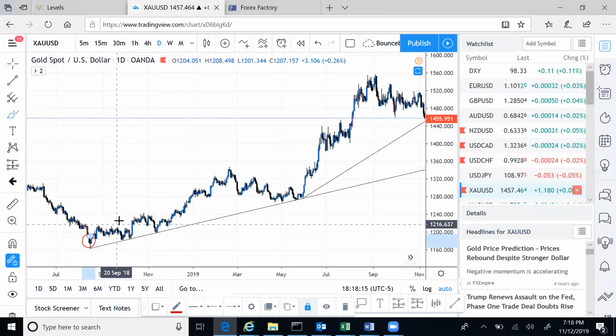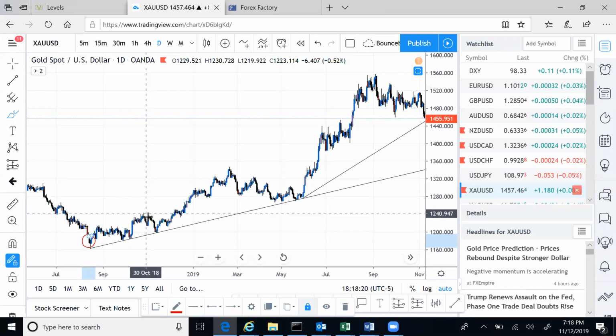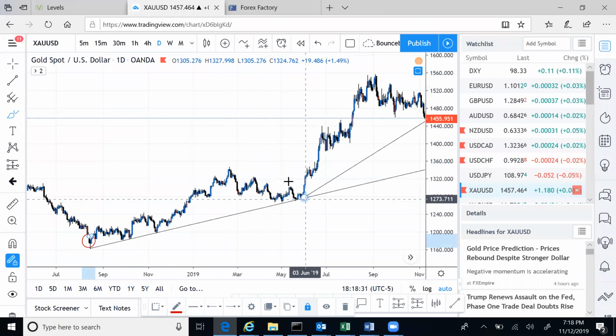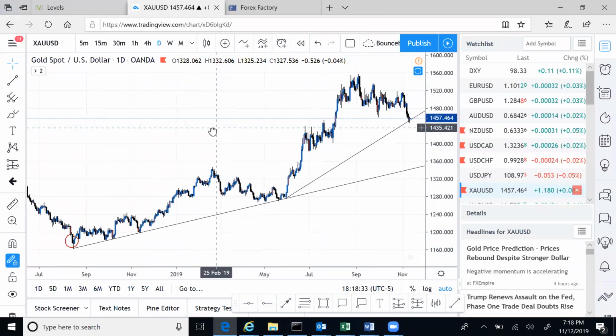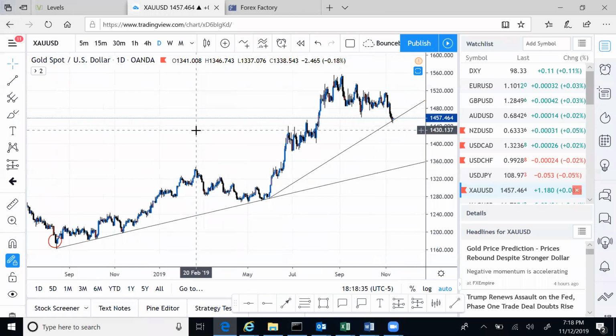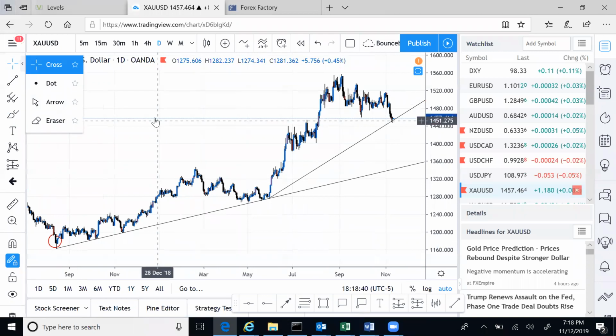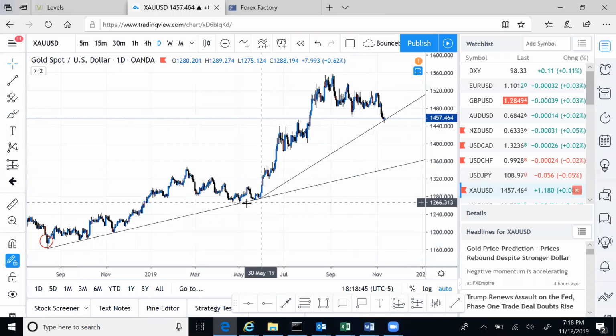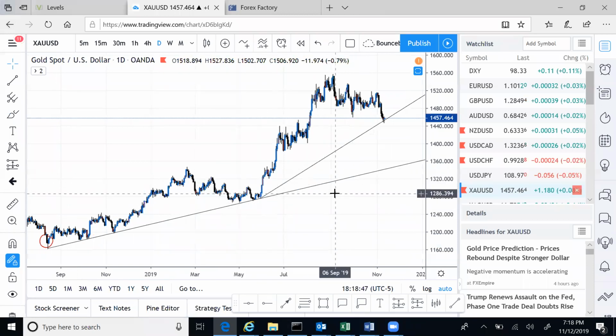And you can see that every time we went up, we came back down, touched the trend line, went up, came back, touched the trend line. We moved far away from the trend line, so we automatically know that the trade needs to pull back and test the trend line. Now remember that trend lines are also support and resistance, but it's more dynamic. Dynamic means that as the trade moves, your trend line would move to suit the trade.